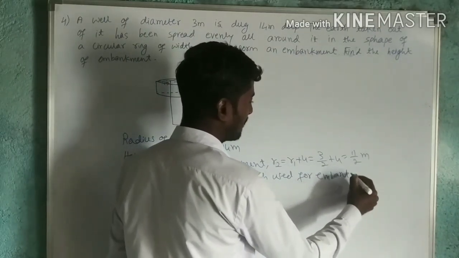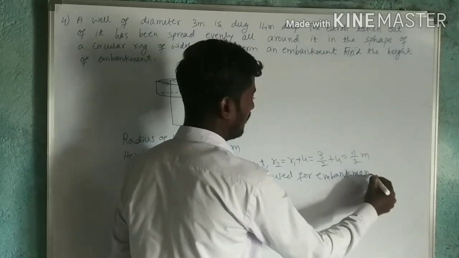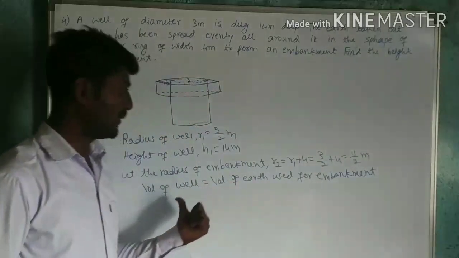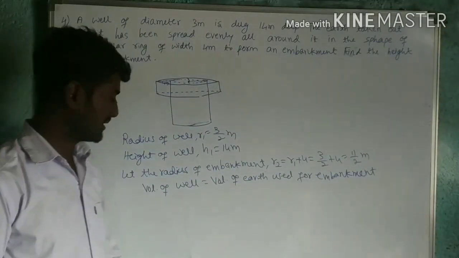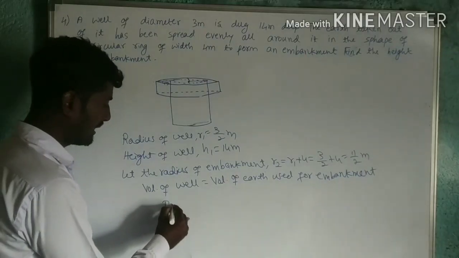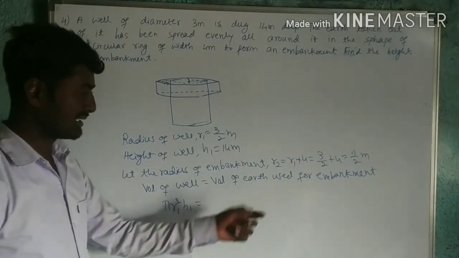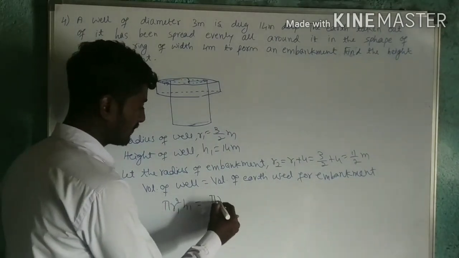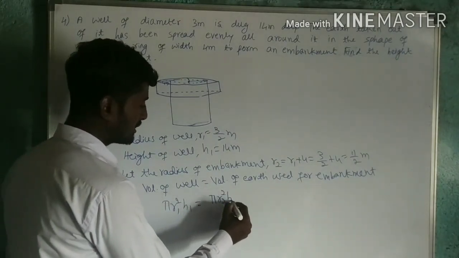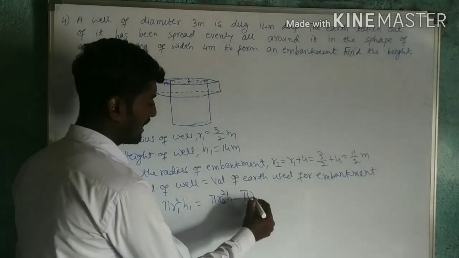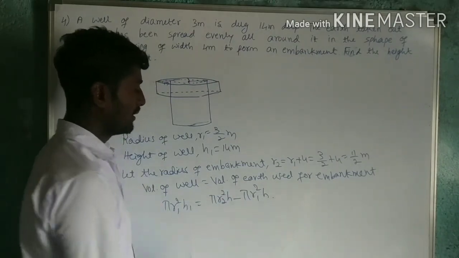Means volume of well is equal to volume of embankment. This is what pi r1 square h1 is equal to. Now this I can write as pi r2 square h minus pi r1 square h, where h is the height